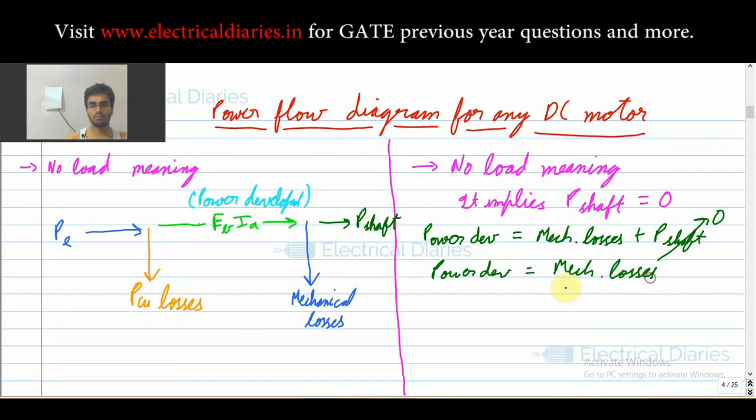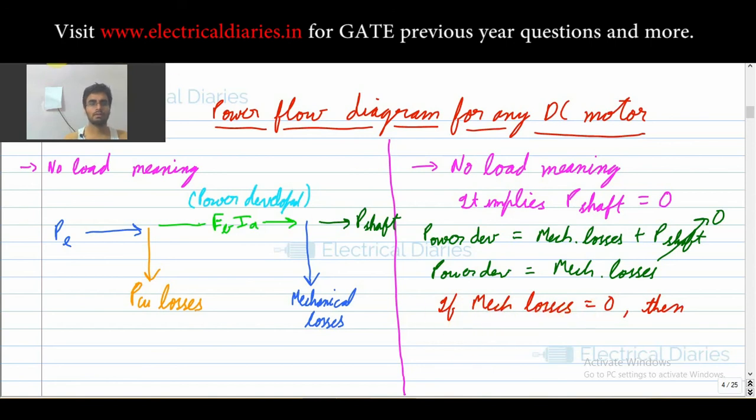Now in some problems it is also given that the mechanical losses equal 0. So then what will happen? See, these mechanical losses can also be given as the stray losses. Okay, so there are various nomenclatures you can find in standard books also, but this is the thing that you should always keep in mind, the simple power flow diagram from the logic. Okay, so if mechanical losses is equal to 0, then what will happen?